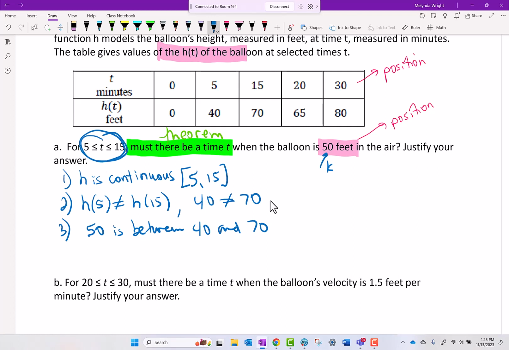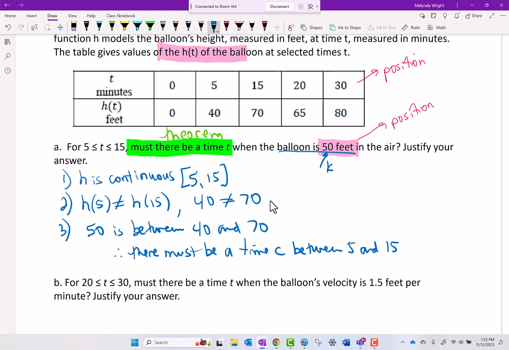Okay, so those are our 3 criteria. So now that those are true, we can verify. So therefore, there must be a time C between 5 and 15. Notice I'm not saying between A and B. I'm saying between 5 and 15. You should put numbers on that. Please don't leave it as A and B in your context, or you'll lose points. Between 5 and 15, such that